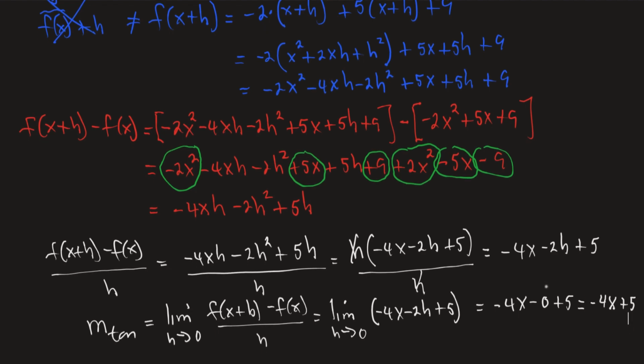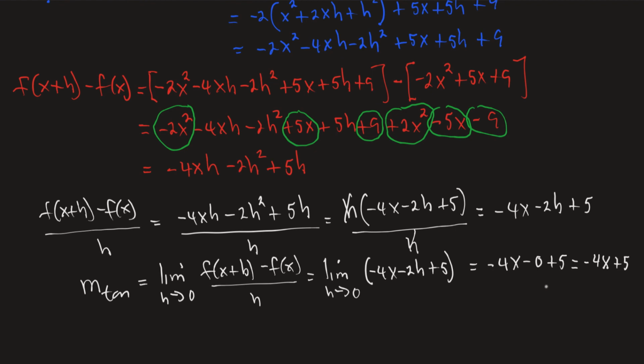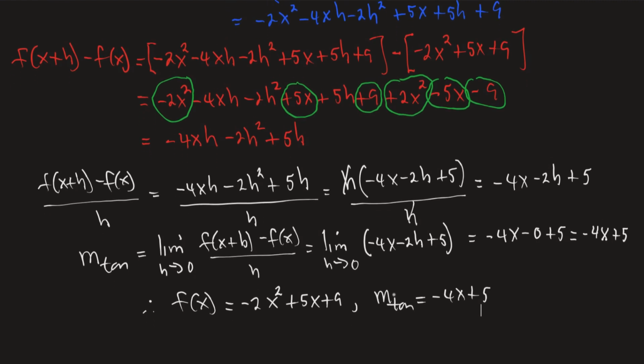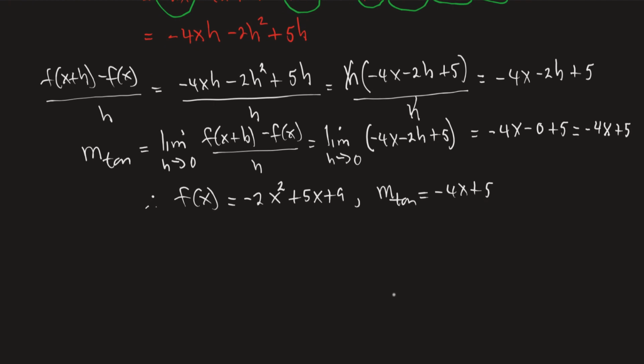All right, so let me just summarize what we did. We took the quadratic, negative 2x squared plus 5x plus 9. So for this parabola, the slope of the tangent line is negative 4x plus 5. So how do we make sense of this when we didn't have a specific point? Well, basically, what we're saying is now,